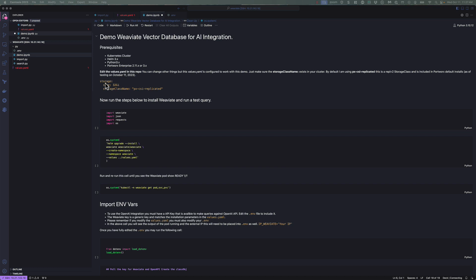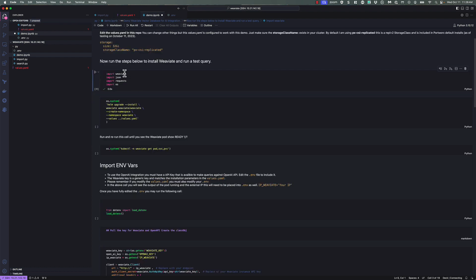So, the main thing in the values.yaml is you want to make sure that you have the storage class set to something that is Portworx. I mean, you can leave it blank and it will use a default. You just have to make sure you have a default set, which is not usually recommended. All right, so now we will import our pieces here. You may have to install that Weaviate client to be able to do that. And we are going to run Helm here